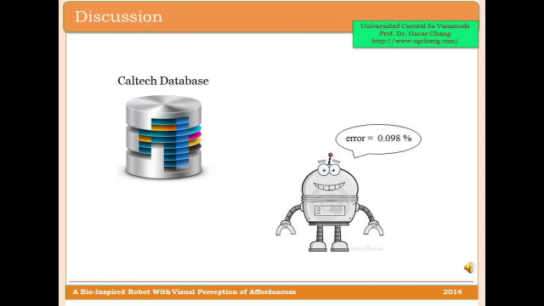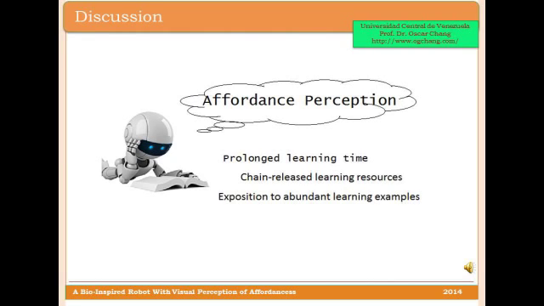The robot shows a robust affordance perception capacity. For the whole Caltech dataset, the error is limited to 0.098%. In theory, this can be further improved by adding ITAs to the string, as to cover more tilting, zooming and resolution for each desired affordance. A credible perception of affordance requires a prolonged learning period, which in turn involves a space-time distribution of pre-packed learning resources. A substantial exposition to multiple training examples and situations is also needed.